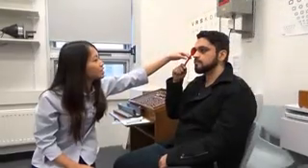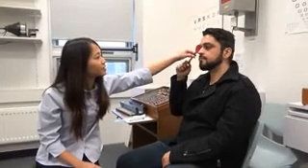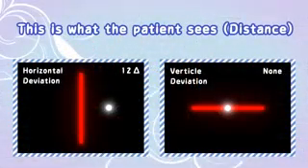So now I'll be changing the side into the opposite direction. So first of all, do you see the light? Yes. And the red line? Yeah. Is the light on top of the red line or above or below? It's on top. On top of it? So right on top of the red line? Yeah. Good. A 12 diopter base-in prisms were used to correct the horizontal deviation, and there was no vertical